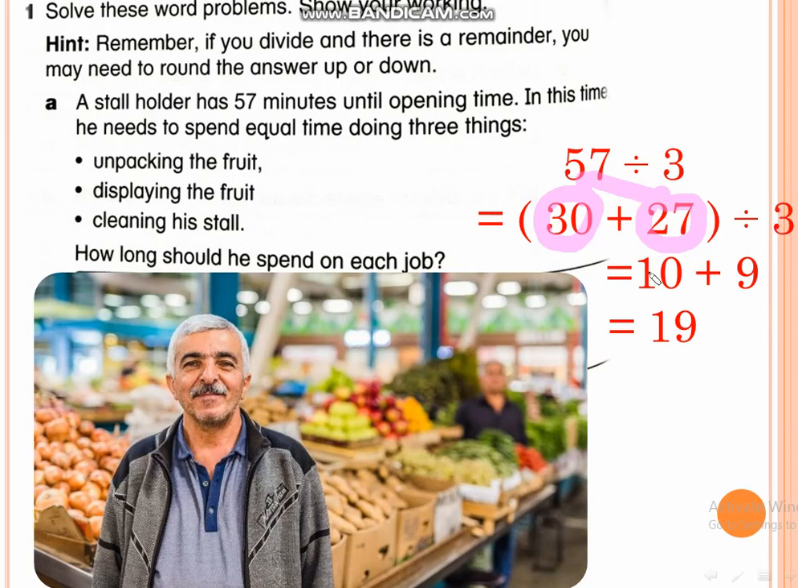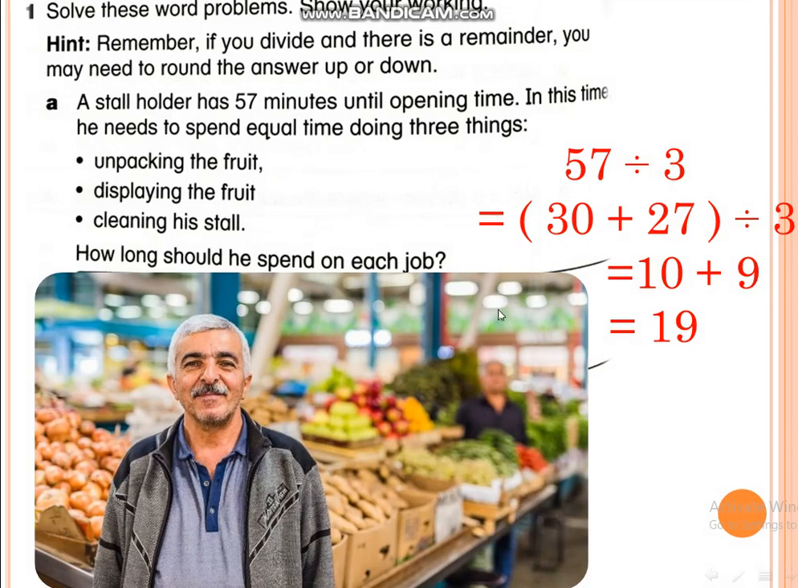30 divided by 3 is equal to 10. 27 divided by 3 is equal to 9. And 10 plus 9 is equal to 19. What is that 19? 19 minutes. Okay? So he will spend 19 minutes on each of these jobs. 19 for unpacking the fruit, displaying the fruit, and cleaning the stall. Next,